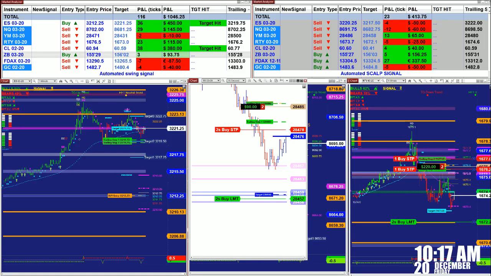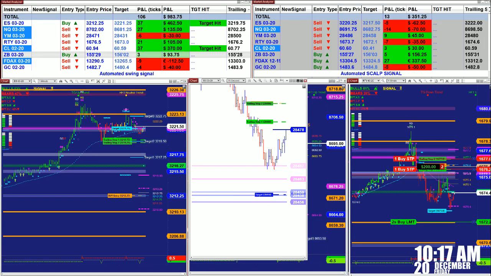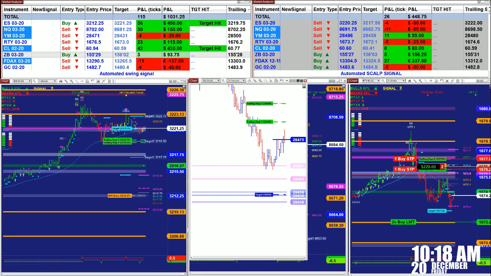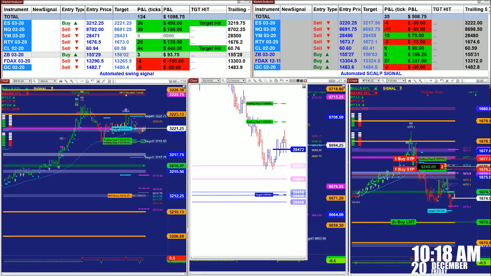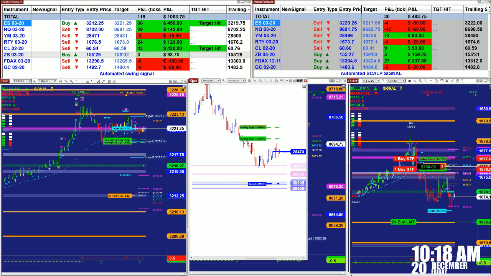And then all we need is one entry signal a day to go in our direction, and you're done. That's all it takes, one trade. If we nailed $100, 120, 150 on the ES, Russell 150, YM 150, it adds up at the end of the day, and you are done. So this is the worst